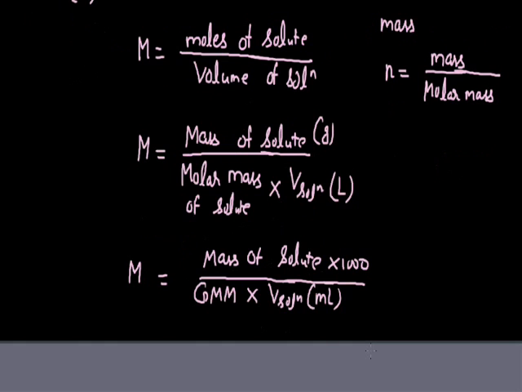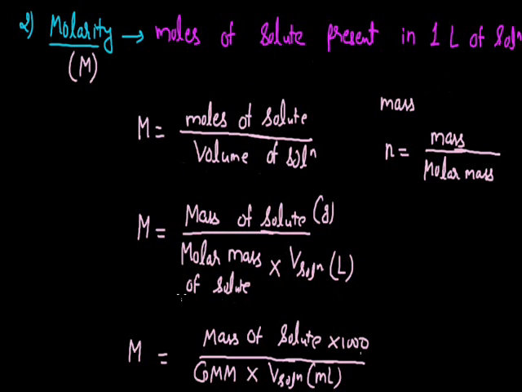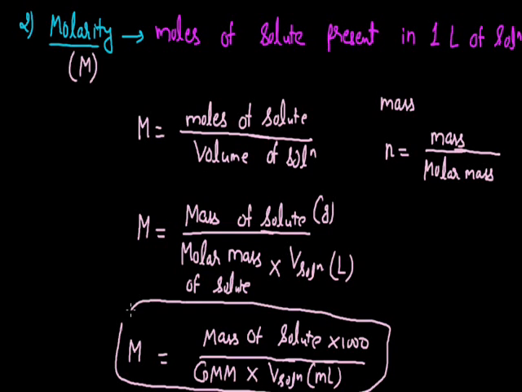So that's the final formula to write the molarity of any solution. Now by putting the value of mass of solute, by calculating the gram molecular mass, and by putting the volume of solution, here we can calculate the molarity of any substance. For example, if I write a question here based on this molarity,